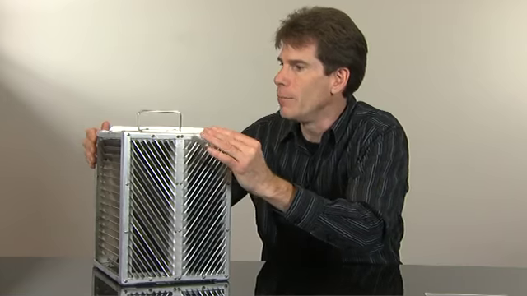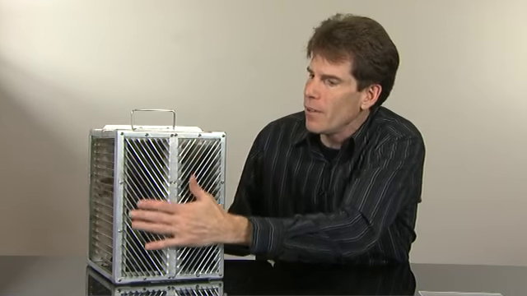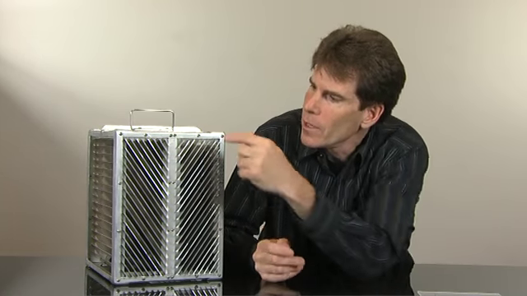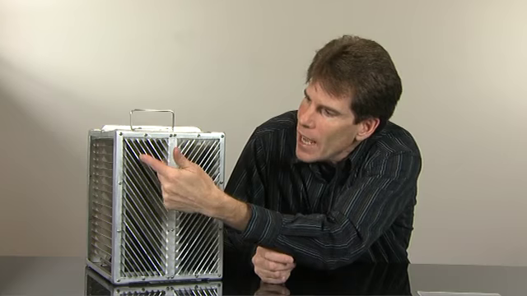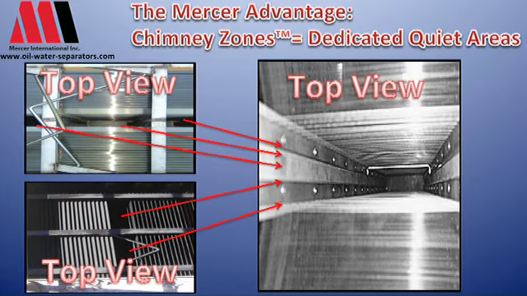Another very interesting feature that we have, it's unique. You won't be able to see it on this model here, but you'd be able to see it as we show it, is that we have a chimney zone feature. In our chimney zone, solids will fall out into this area and hit a 4-inch wide chimney. This chimney is baffled from front to back of the coalescer, and what that does is it creates a zero